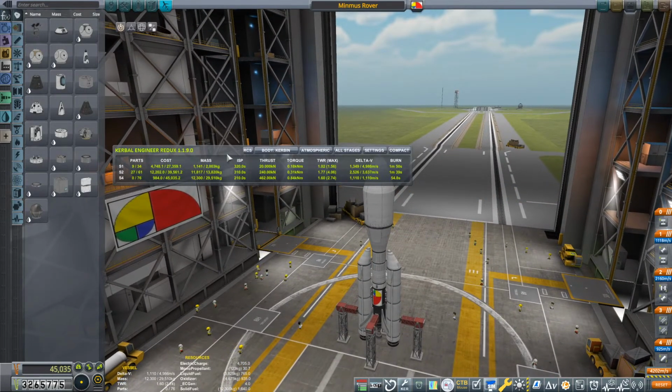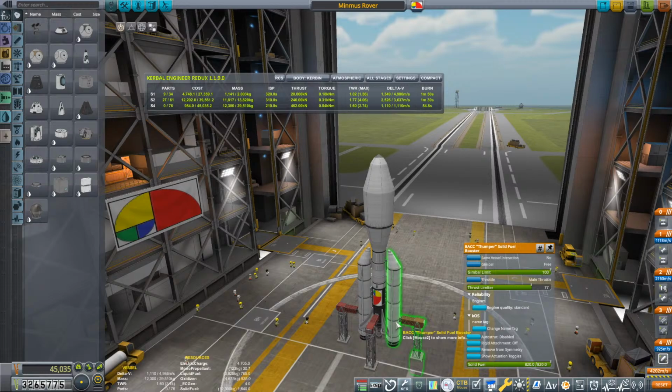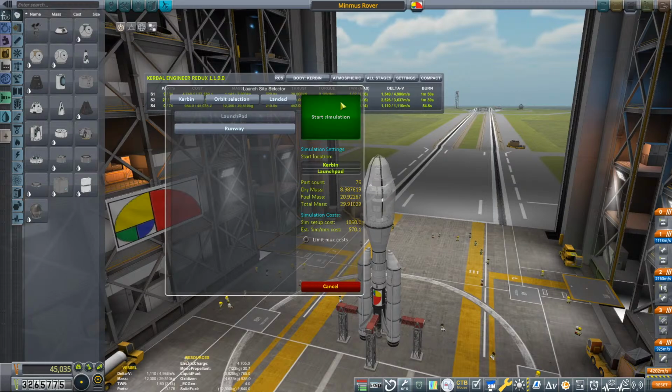Okay, let's look at this. There is a torque at liftoff of 0.84 kilonewton meters, but that shouldn't do that. Okay, we'll try that again. Try that again. And this time I'm just going to not use the...